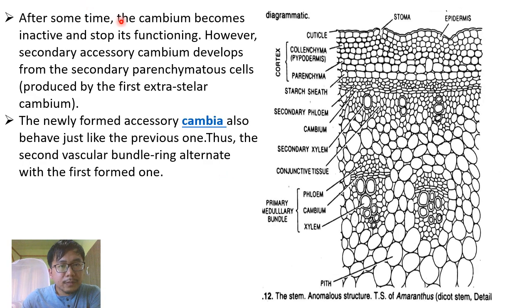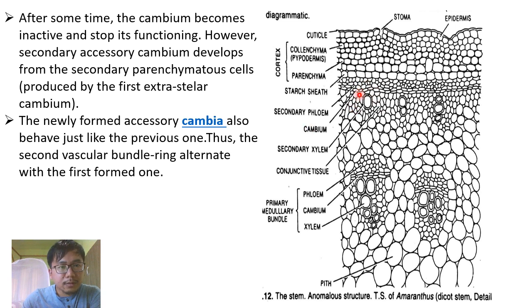After some time, the cambium becomes inactive and stops its functioning. However, secondary accessory cambium develops from the secondary parenchymatous cells produced by the first extrastelar cambium. So after some time, this cambium will stop its activities, and from another parenchymatous cells, another layer of cambium will be produced. All right, that is how the mode of activities of Amaranthus